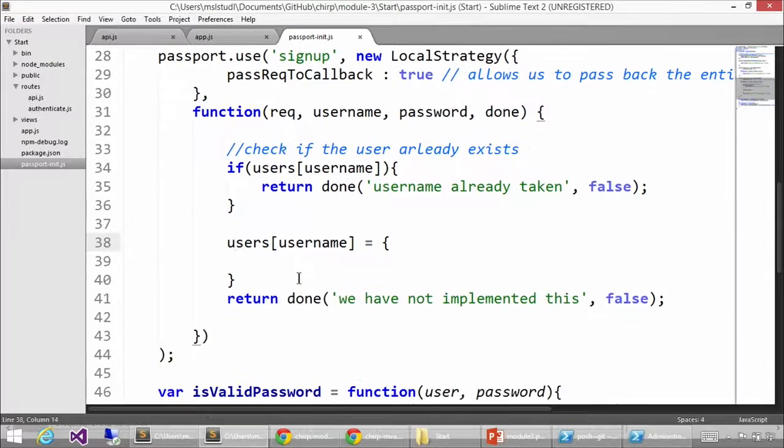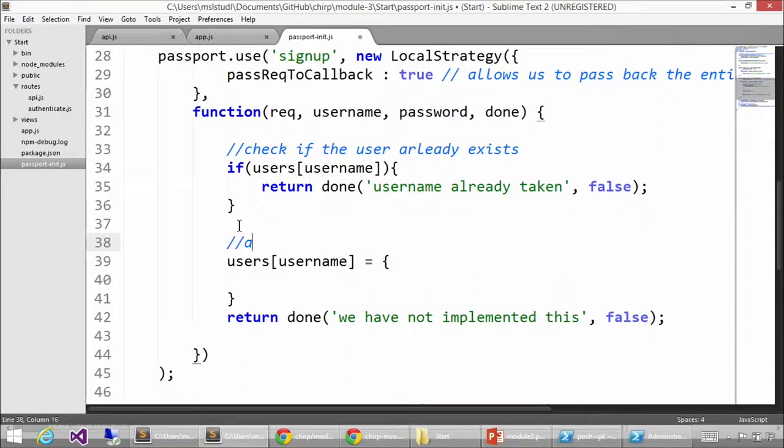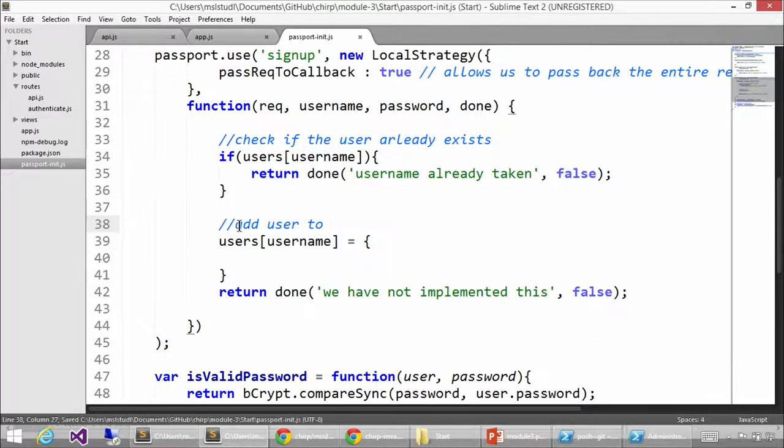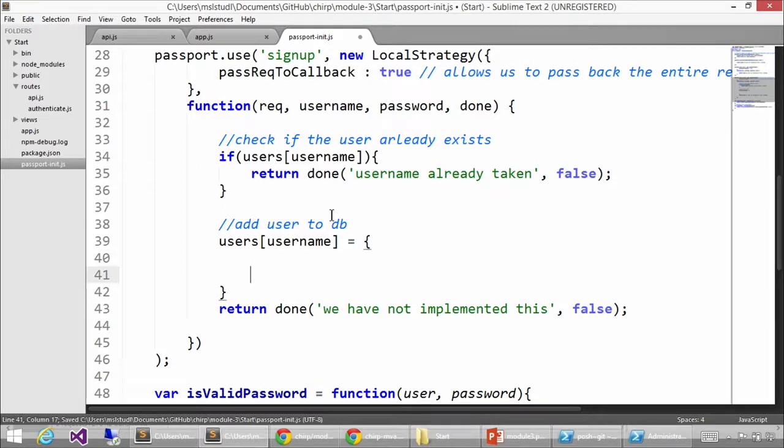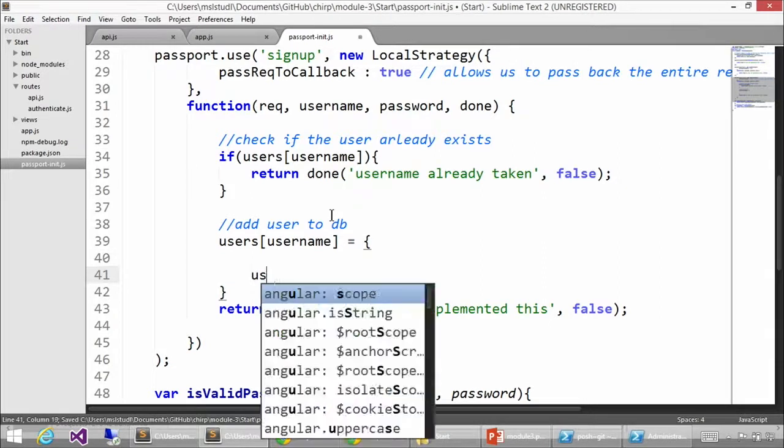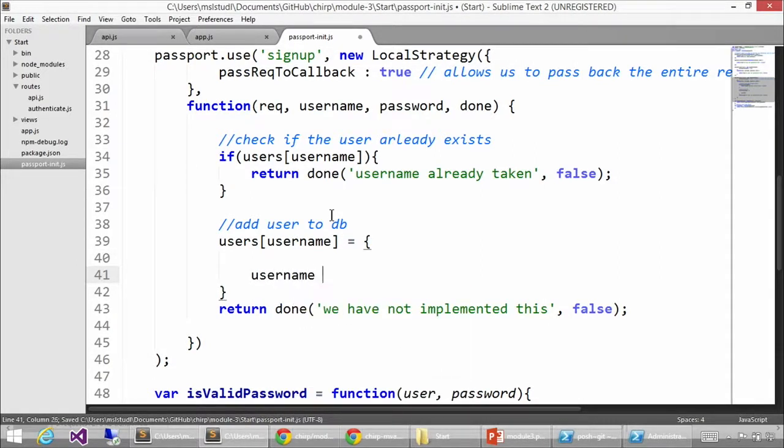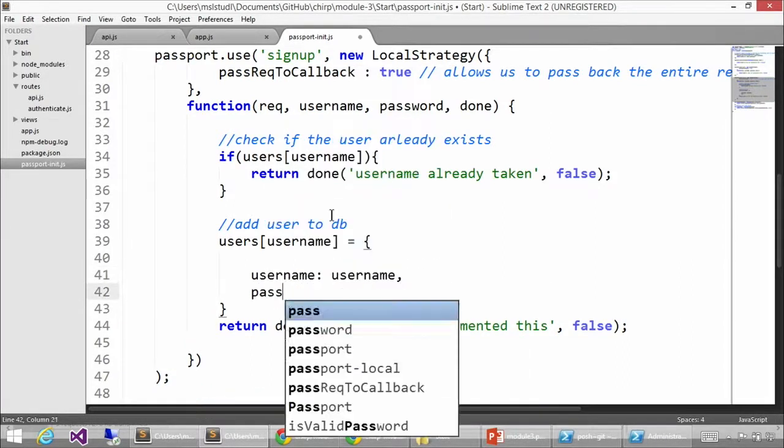Otherwise, we'll add the user to the DB, and in our case, we will just be storing it locally. So we're not actually using a real DB. This is all in memory. And we'll say username is equal to the username that was passed in as a parameter. And the password will be,